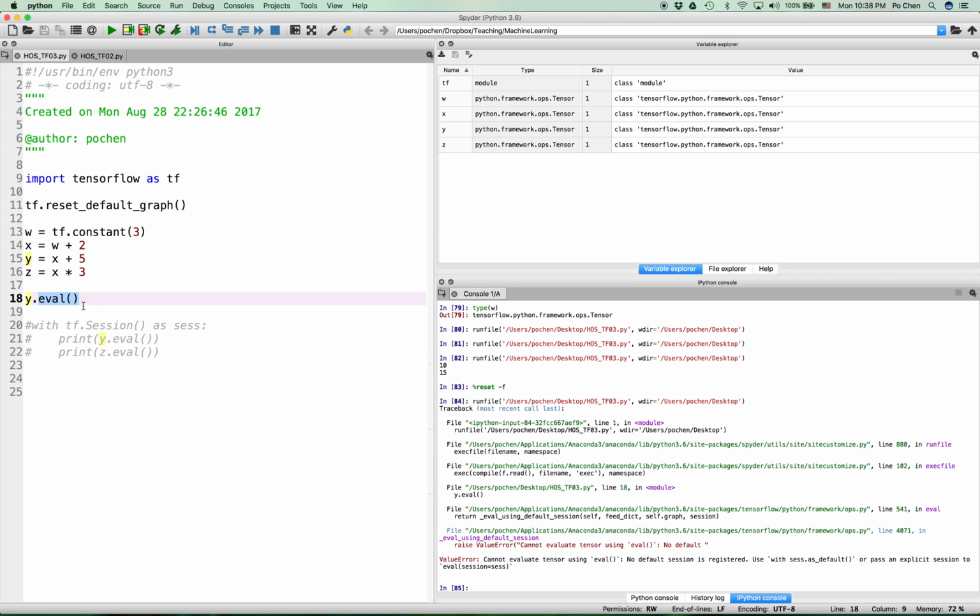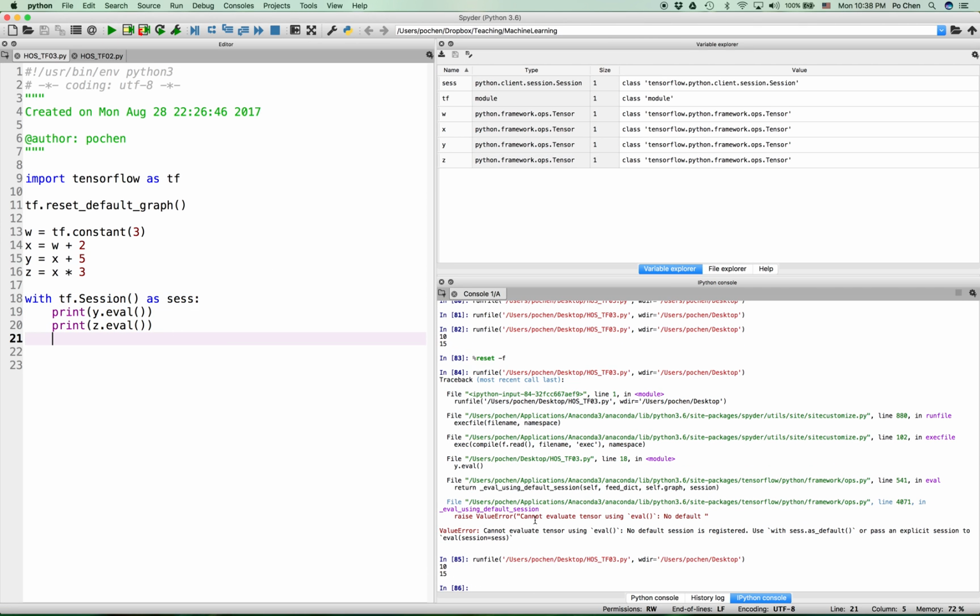So when you call this eval method, you must make sure that you are inside of the active session. There is an active session that allows you to do this eval. This time let's run it again. So it's producing the right result. When we try to evaluate a node on the graph, for example here, the tensor y,